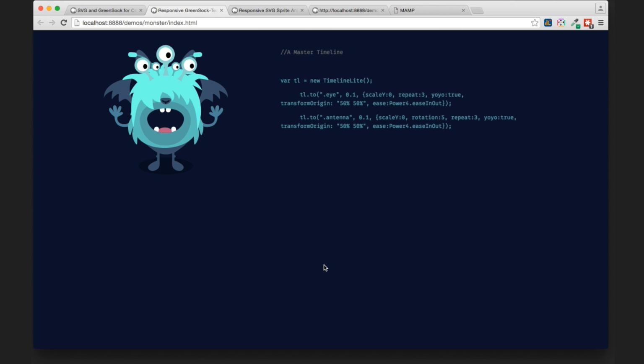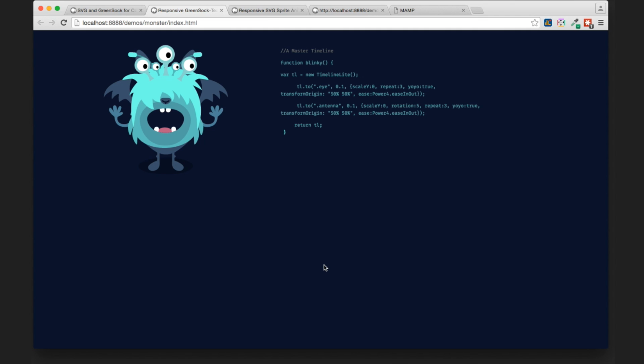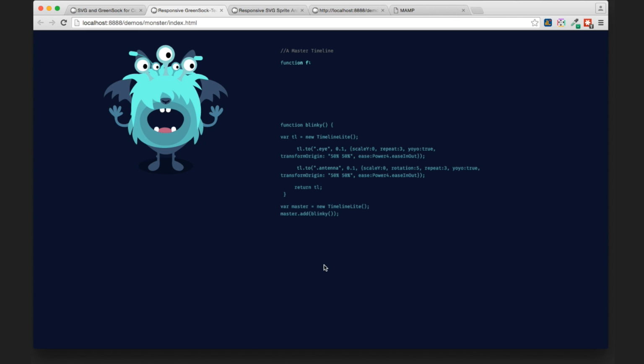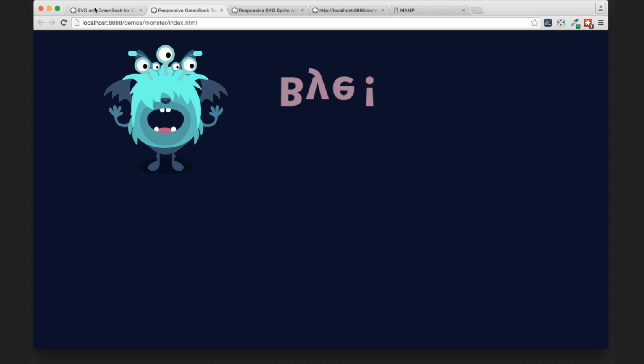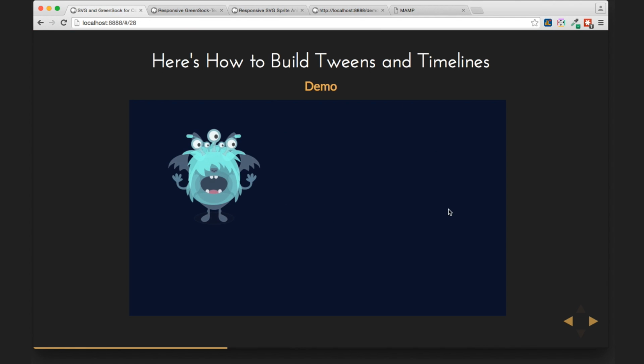Now I'm going to make a master timeline. We have the function for that, and we're just adding to master. This helps us add another function, which is the wing flap, and we just add it to the bottom of master. That's kind of the basics of what you need to know to get going with tweens and timelines.